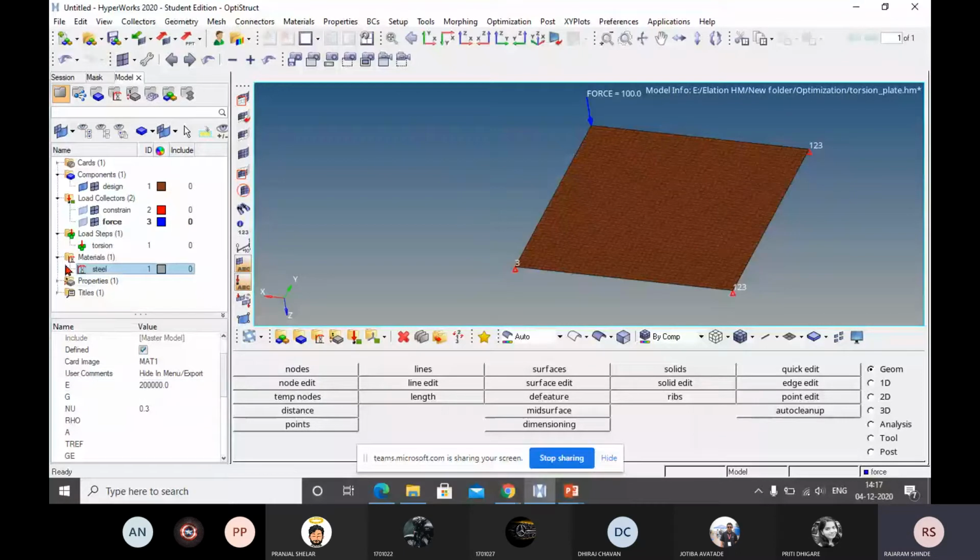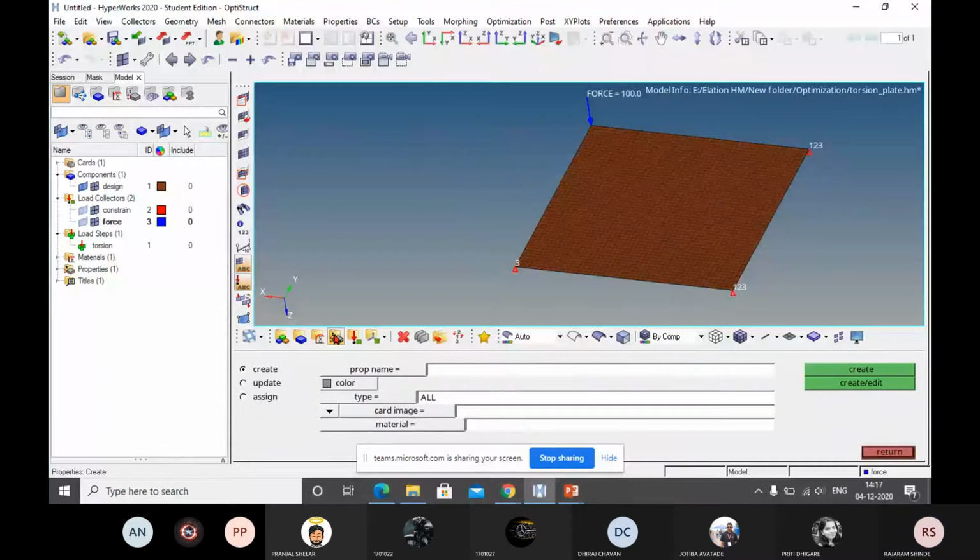Next, these are the materials. Now properties. I will check the properties because we need the thickness of the plate, for giving the required entities. Now I will go to the properties.